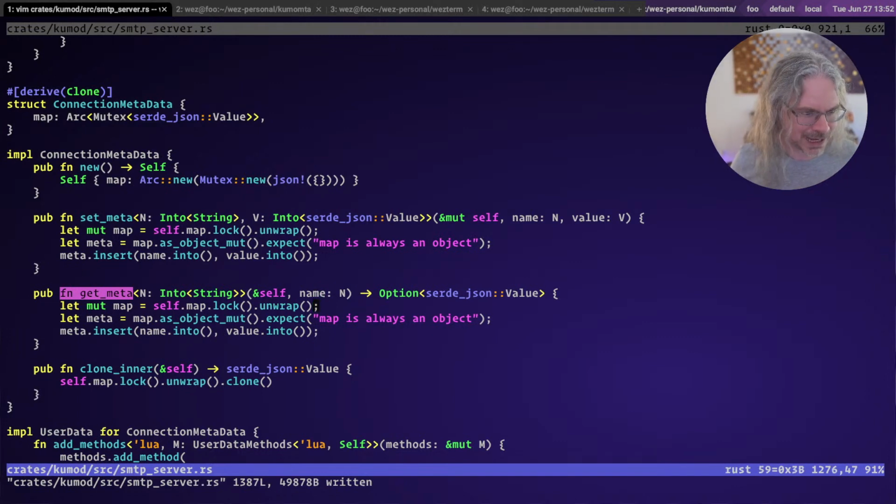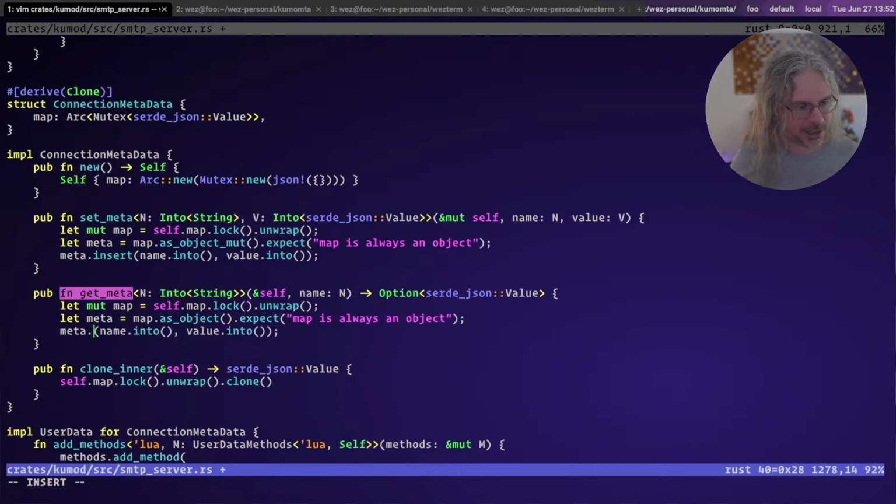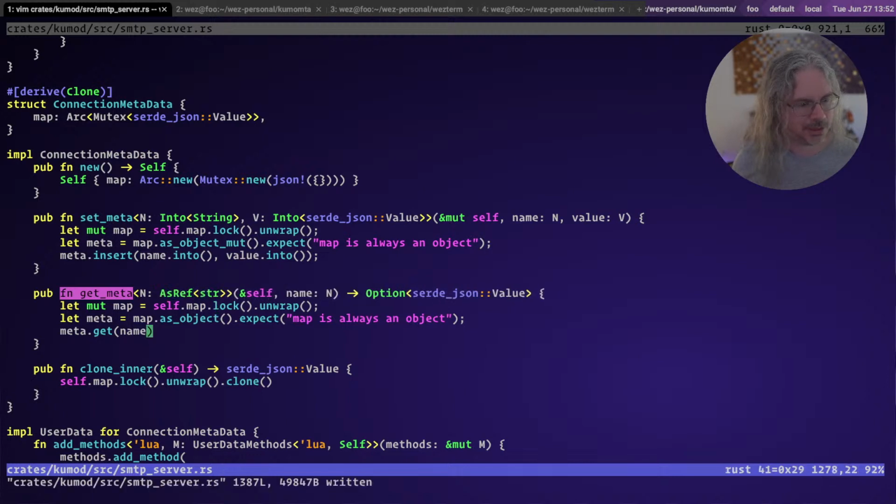So anyway, because we don't really need it to be mutable here, we'll take that away. So we're just reading it as an object. And then here, I think we can just do get. And actually, what I think we can do here is as_ref. And I think this might be slightly nicer because